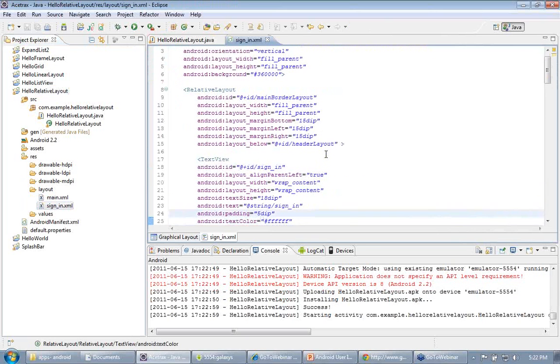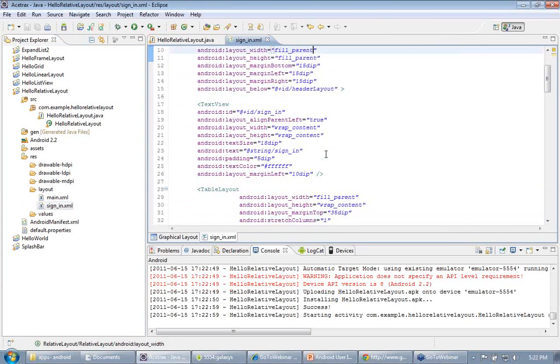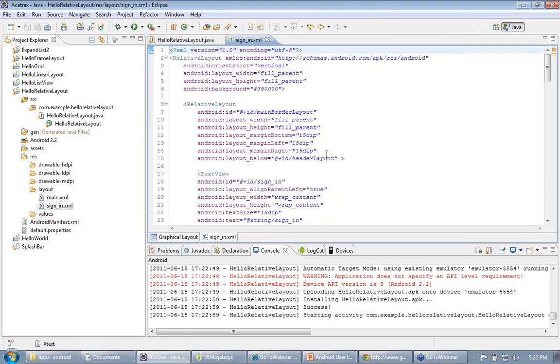So you can see that in this relative layout we have also used a table layout. So what we are doing here is we have a relative layout in which we define a background component. With the help of relative layout you can arrange components relative to each other, and that's what we are doing here by using a relative layout component. So we have a first relative layout component, then a second relative layout component in which we define an ID, and in that we define some width, height, some margins, and we place it below the parent component.